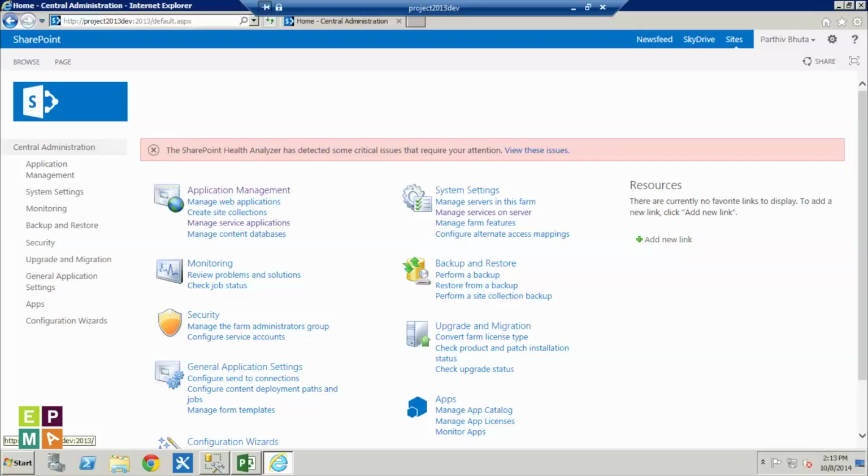What it essentially does is you have a project. It basically creates a copy of this project into a different table, the archive tables. Well, in 2010, you had a whole archive database. In 2013, they've combined all those databases into one, but they're different tables. There's a publish table, there's a draft table. I'm not going to get into details for that, but essentially what it does is it creates a copy of your project and stores it off into a different place. So in case something goes wrong with your project, you have a backup.